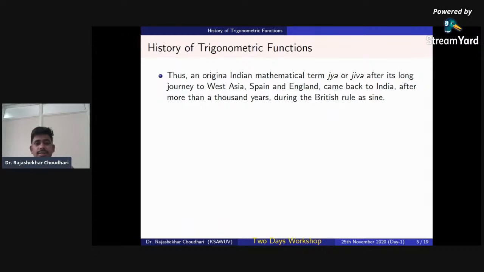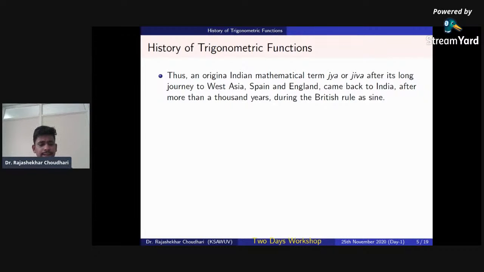So it all started in the 2nd millennium BC, and it started reaching India in the Hellenistic period, and after that it took its shape in the Gupta period because of the construction of Aryabhata's table, and after that it was translated to Arabic. From Arabic it went to Latin. In Latin it was named sinus, and after that it came back to India as the sine